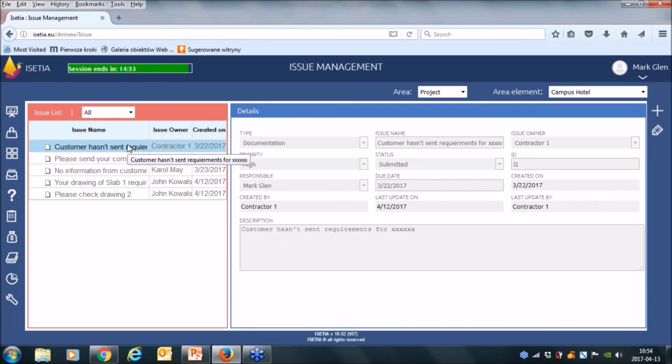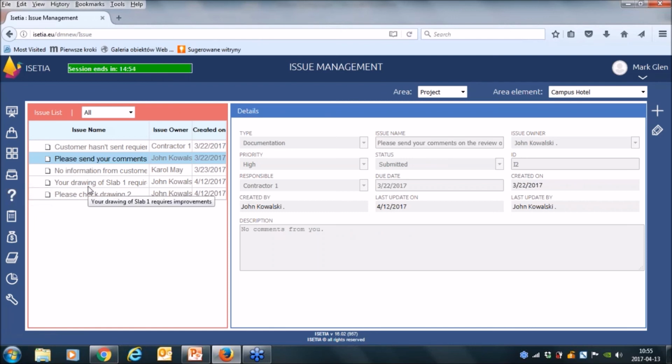So all of the users could achieve this issue management system, and personally all of them can add some issues to inform other people what is important in the project.